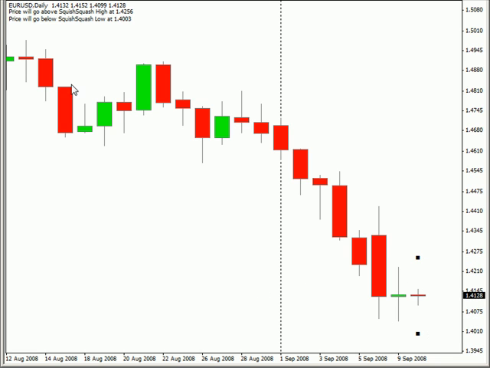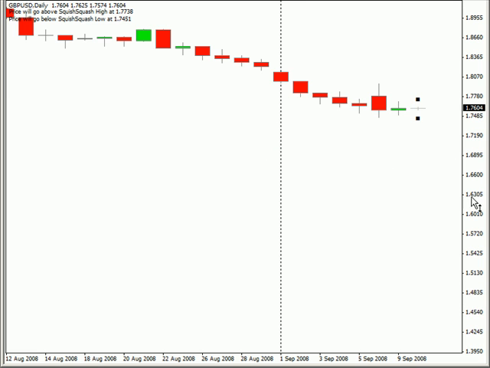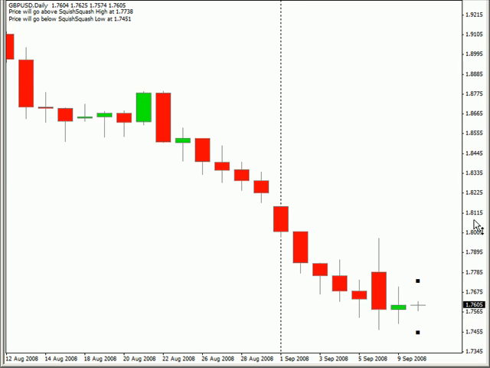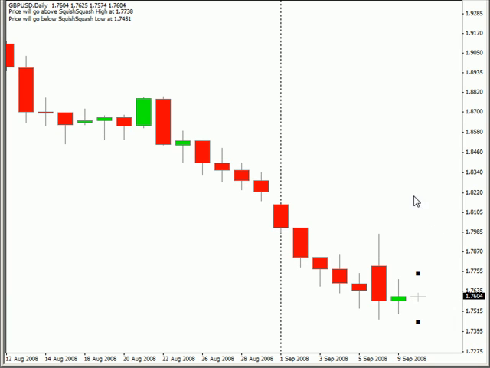Now switching over to the pound, we have the pound created an inside bar today. As those of you who have watched my videos for a while, I really like this setup. We have a strong down day, and then we have a kind of a weak up day that was created, closed up. So what we're going to do is look for a break of this low, and